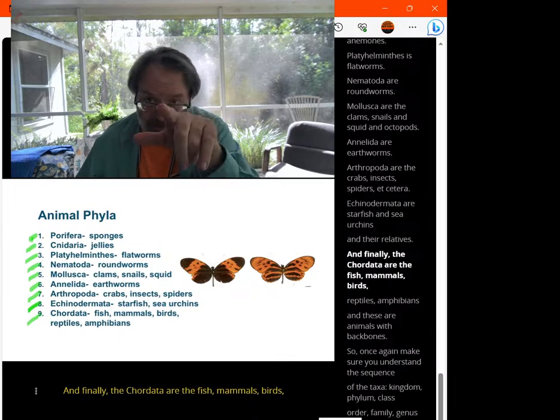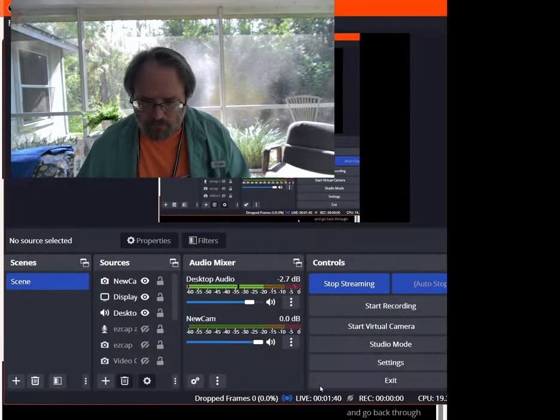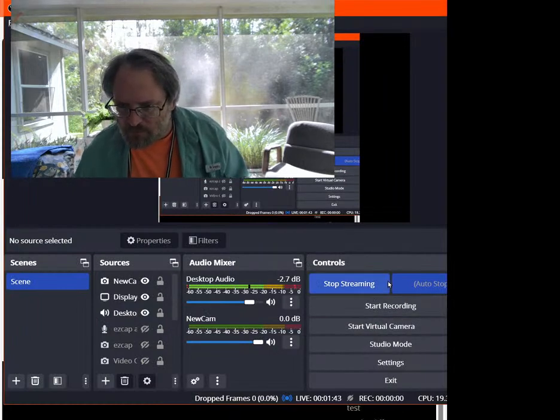And finally, the Chordata are the fish, mammals, birds, reptiles, amphibians, and these are the animals with backbones. So once again, make sure you understand the